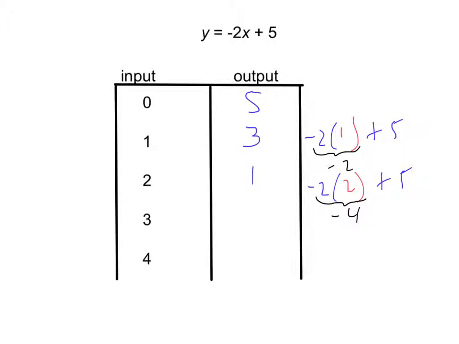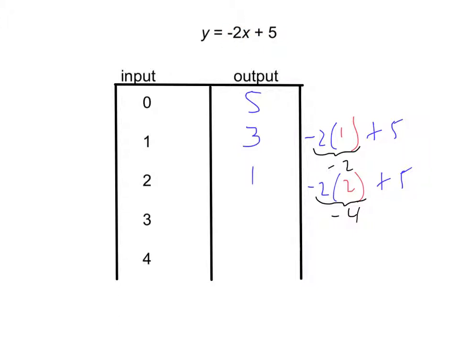Now before we go any further, I want you to notice what's happening this time. On the earlier slide, as the inputs increased, the outputs also increased. But this time, look what's happening with the outputs. The outputs are decreasing. So what's causing that to happen? Well, in this function, it's because you're multiplying by that negative 2. So that means that as your inputs get larger, your output gets more and more negative,